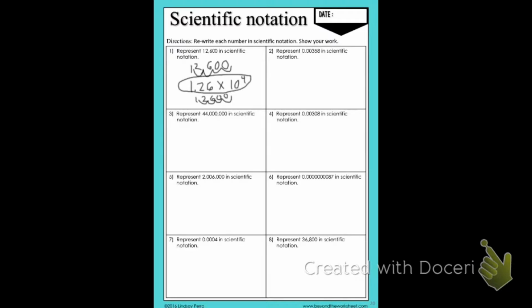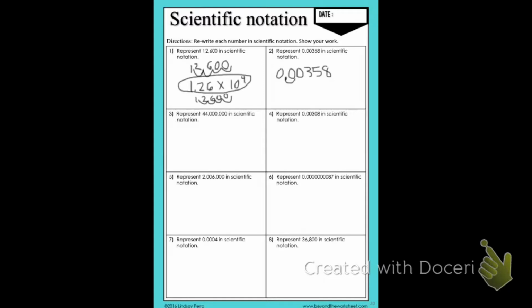Again, you say represent 0.00358 in scientific notation. It's a very, very small number, so it's probably going to deal with that negative. So we're going to have our dot. We could include the 0 in front of it. Doesn't matter, but we're going to move the number until we're in between